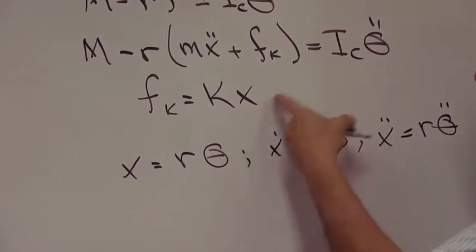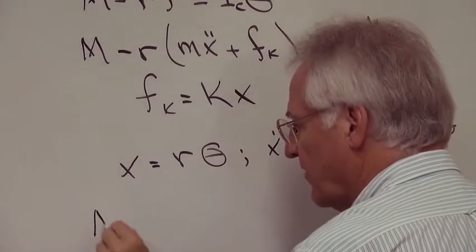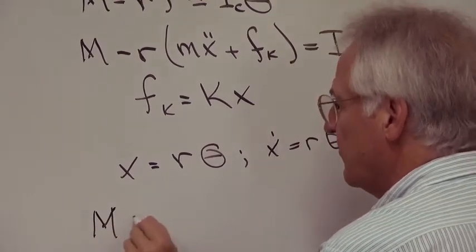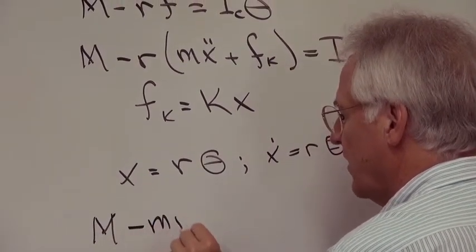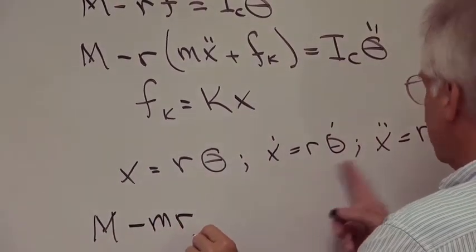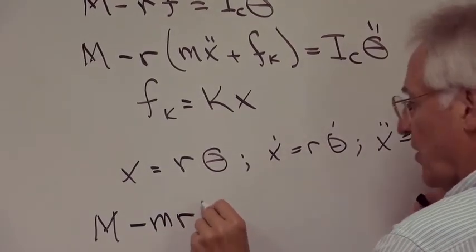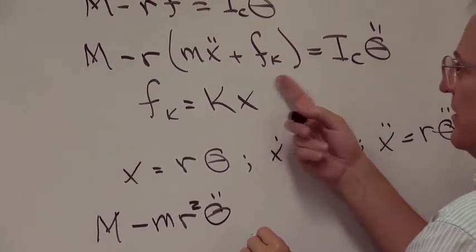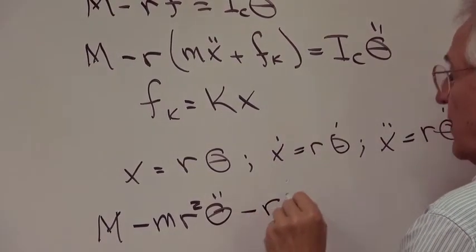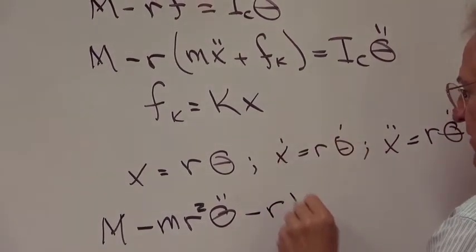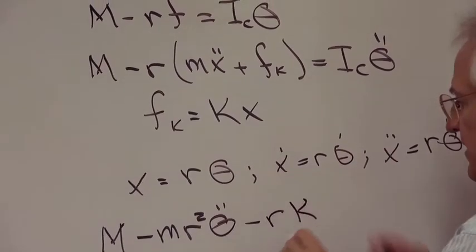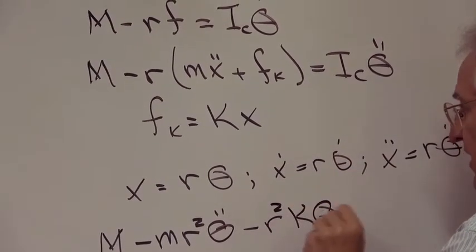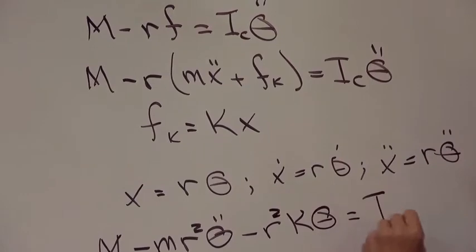So now, substituting these, we have M minus m r x double dot, which is r theta double dot, minus r times F sub k, which is k times x, which is r times theta, is equal to I sub c